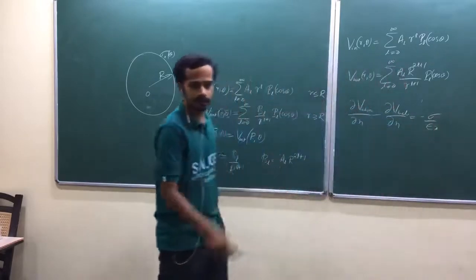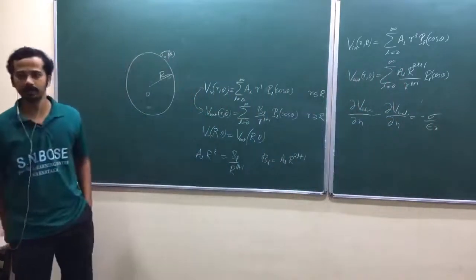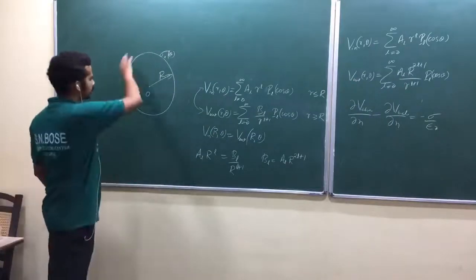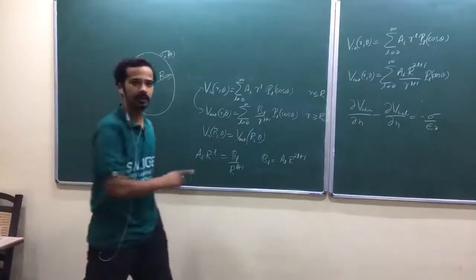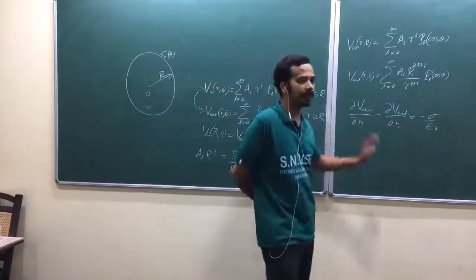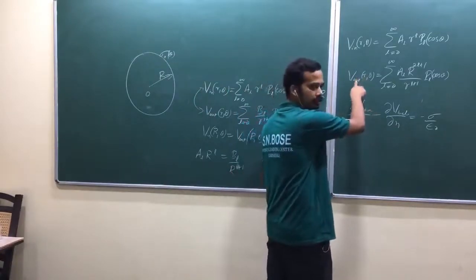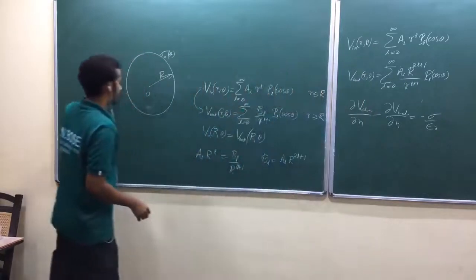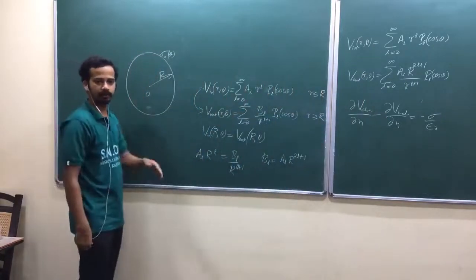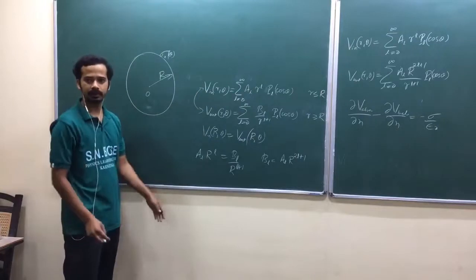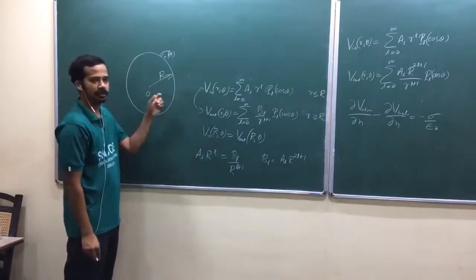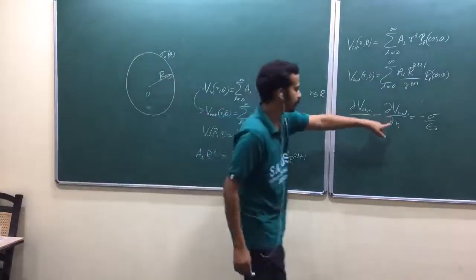What is N? Perpendicular to the surface over which you have charge density. What is the perpendicular to this surface over which you have charge density? R cap. That's why this variable is R. So above, let me take it as out, above region. Here there is no above and below, only for plane we had above and below, am I right? So let me take outside and inside, okay? So this one outside, this one inside.